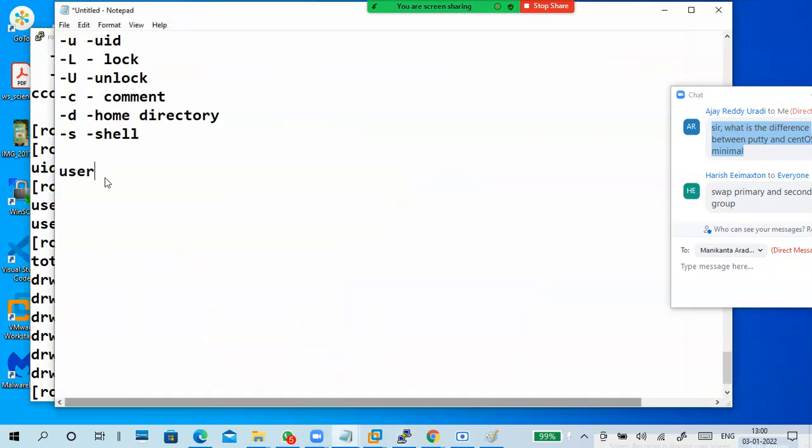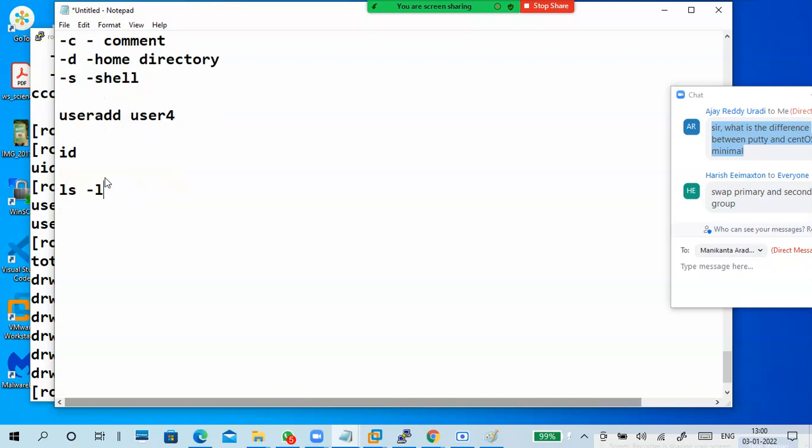What I did: I added user4, then checked the id and passwd file and ls -l /home. Everything is checked. Now the task is to change the username or login name from user4 to user14.